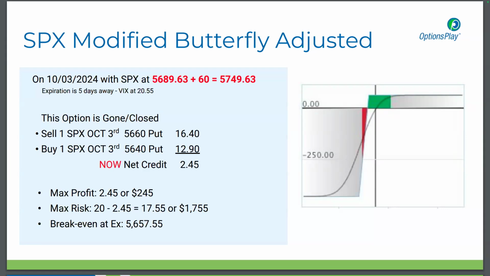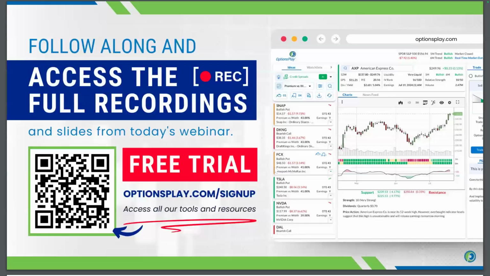How far would you go out on an expiration date? Well, if I was doing something that was not as high in value, not a 5,700 point index, I would go out maybe 2 weeks. But butterflies only pay when the center strike gets sold. So, I want to make sure of that.